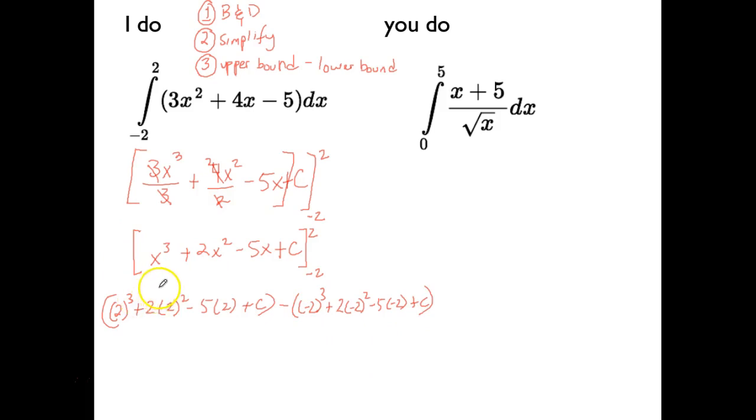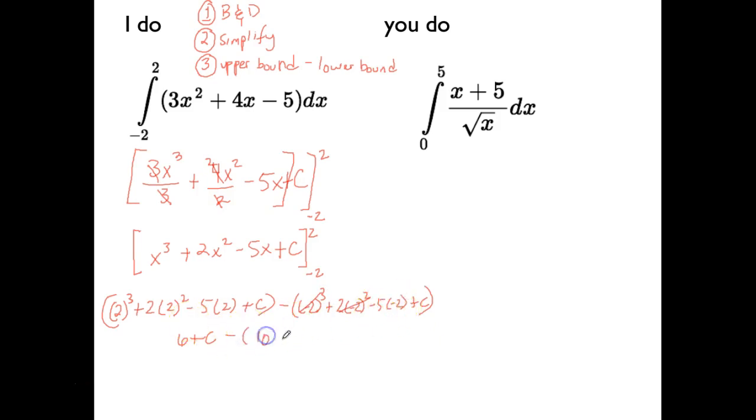Okay, let's work this out. So this is going to be 8 plus 8. This is 8 as well, yeah, 2 times 4 is 8. Minus 10. So we got 16 minus 10, so we're going to get 6 plus c. That's what this whole first part comes out to. Minus, let's do this one. This will be -8, and that'll be 4 times 2, so that'll be +8. So these two terms cancel each other out. And then this is +10, so we got a